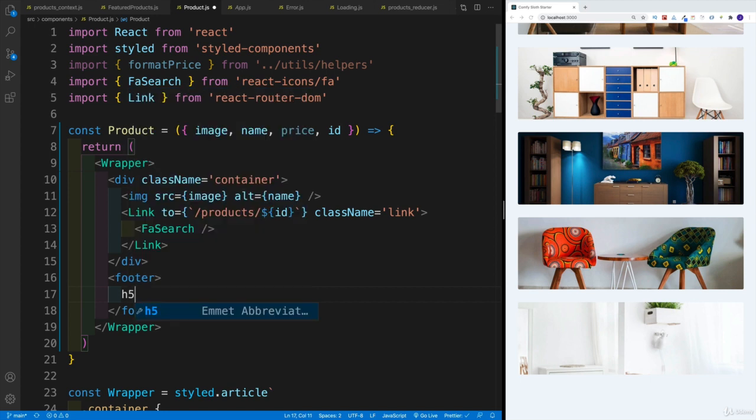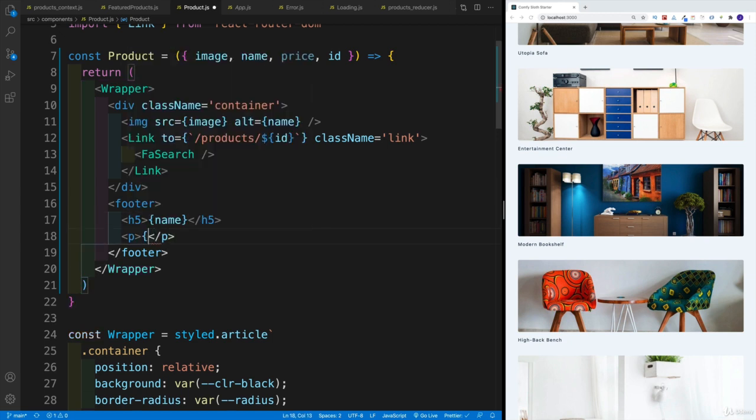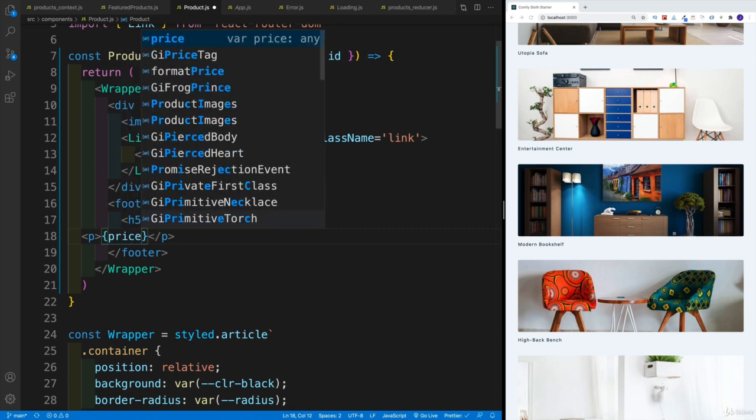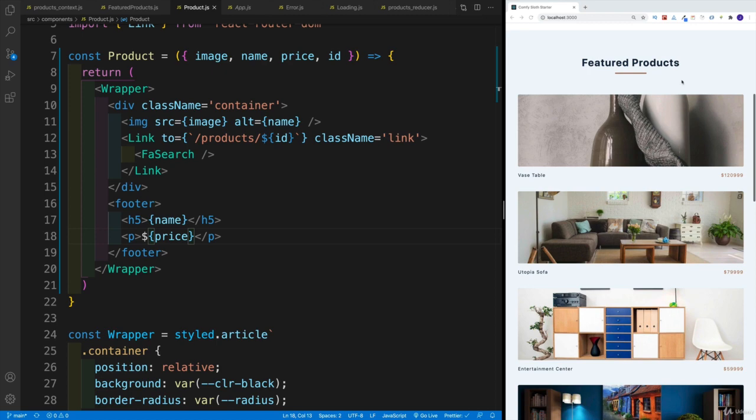And then right outside of this div, I'm going to go with my footer, not font, sorry, footer here. And we're going to go with heading 5. And inside of it, we'll pass in the name. So I'd want to display the name as well as the price. Again, I'll talk about why we have price in cents and why we'd want to format it and all that info in the next video. For now, just bear with me. So we're going to go with paragraph, and then inside of this paragraph, we'll just pass in the price. Now, if you want, you can add the $ sign, but you'll see that in the next video, I'll have to remove it anyway.